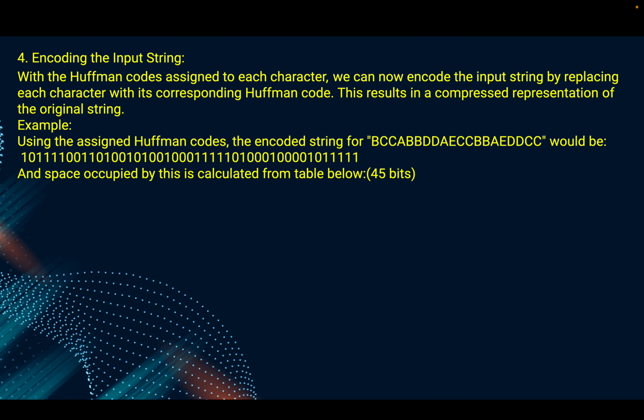Fourth, encoding the input string. With the Huffman codes assigned to the characters, we can now encode the input string by replacing each character with its corresponding Huffman code. This results in a compressed representation of the original string. Example, using the assigned Huffman codes, the encoded string for BCCA, BBDD, AECC, BB, AEDDCC would be